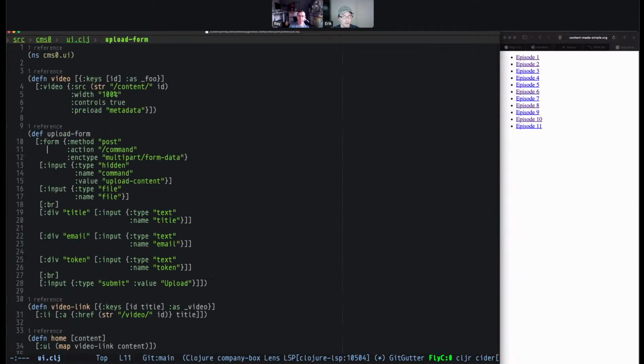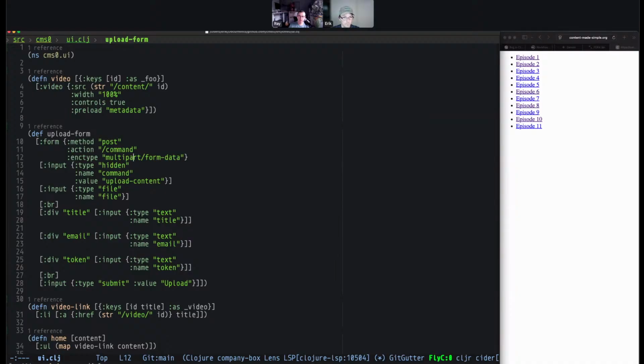This is an upload form where suddenly it's not just a post with an action, but you also have this encoding type, right? So now there's another thing that you need to add to it, which is only used for this one case. But again, maybe there's a balance here in terms of being able to generate the input